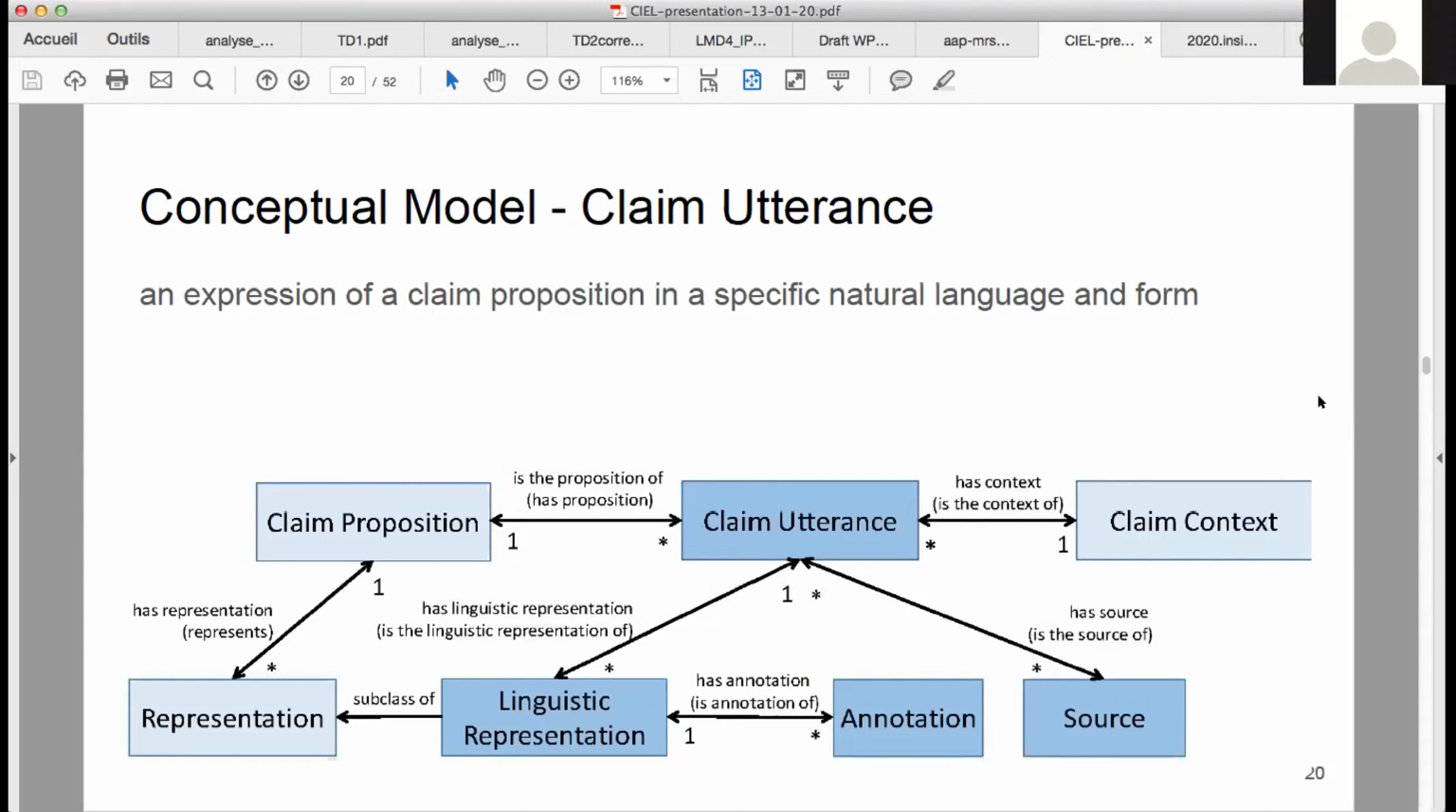Thank you, sir. We have one more from Susmita. She is asking, can fact checking be implemented in real